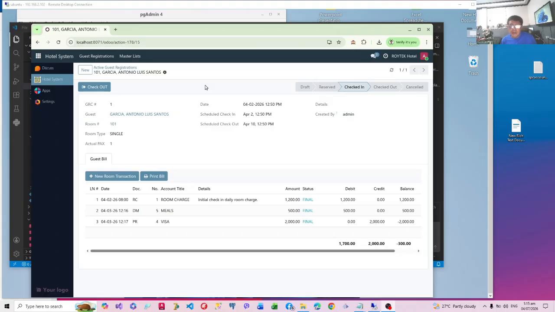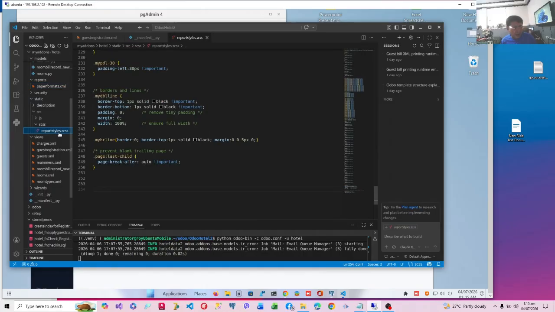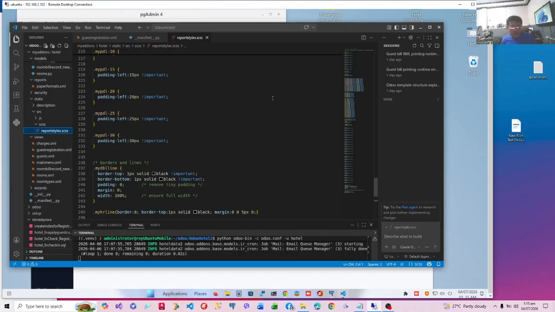I've introduced you to the paper formats, which we have already included as XML files in our reports folder. So we have the different paper formats, and we have the report styles, which I have indicated in our GitHub repository. Please find it there and then incorporate it in your code. Anyway, I will give you clean code, sometime, a code that you can really run yourself. So now it's time to create the first report.